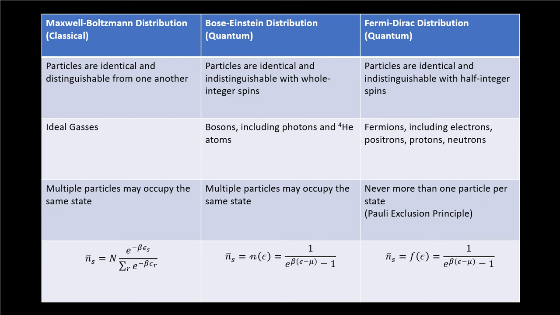For Bose-Einstein distributions and Fermi-Dirac distributions, the interesting difference is simply in the formula. The difference is whether the exponential in the denominator is being subtracted by 1 or being added by 1. In the case of Bose-Einstein distributions, it's subtracting 1, and for Fermi-Dirac, it's the addition of 1. Where this seems like a slight change, it has a wide range of importance for whether we're talking about bosons or